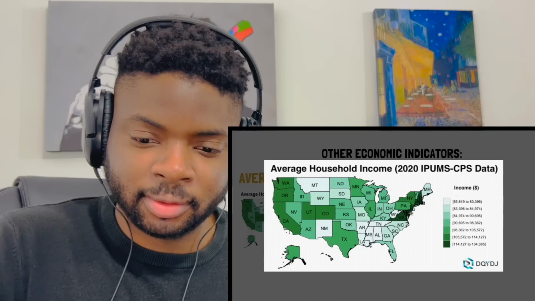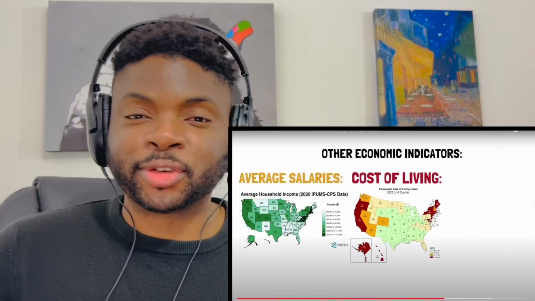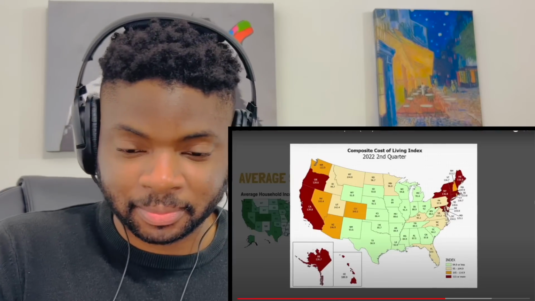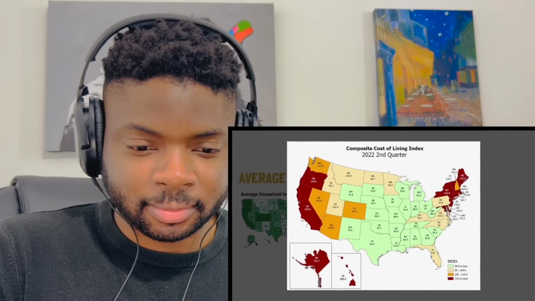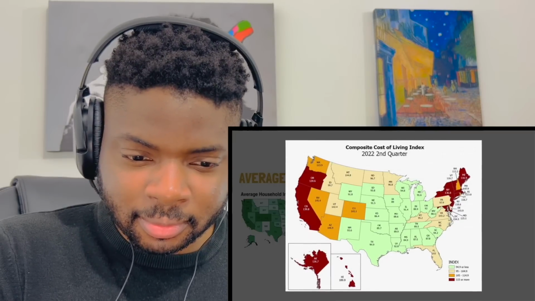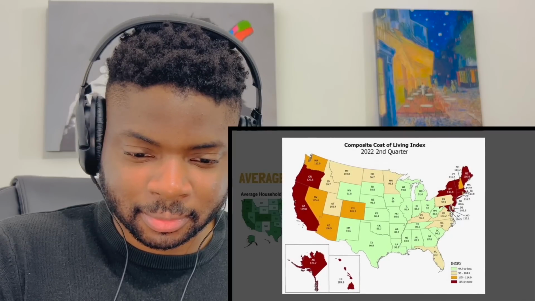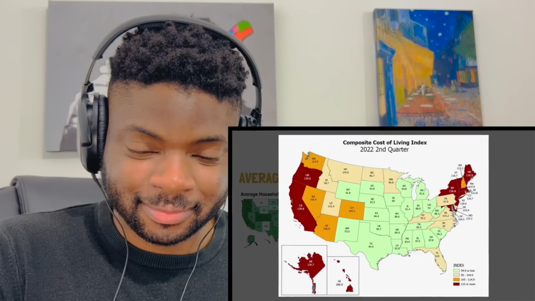But making a lot of money doesn't mean that much if the cost of living is immense. This is true. Prime example being in London. Salaries in New York might be higher, but so is the cost to rent an apartment. This map shows us the average cost of living, and in it we can see that in all of the west coast plus the northeast coast, the cost of living is over 100, which I think means on average it takes more to live than you can earn every month.